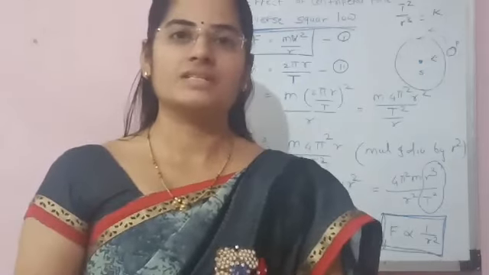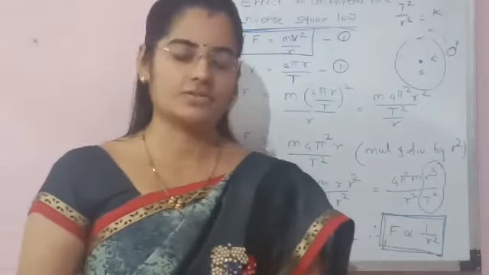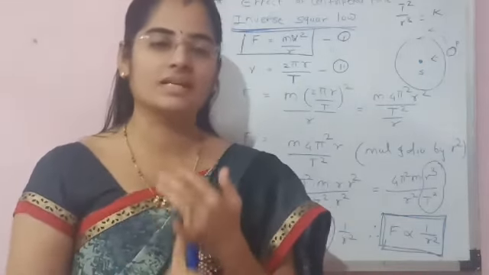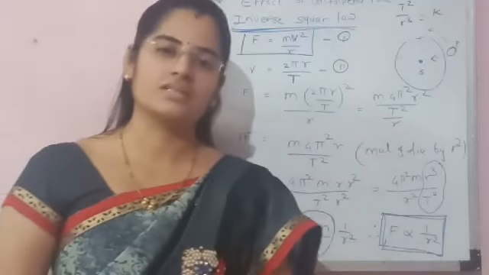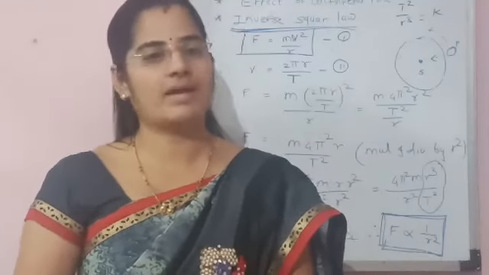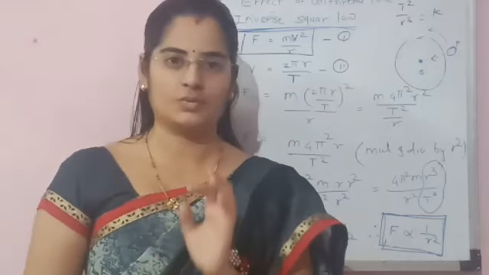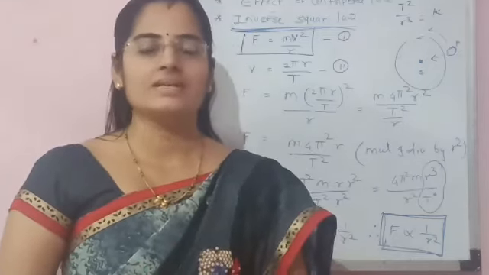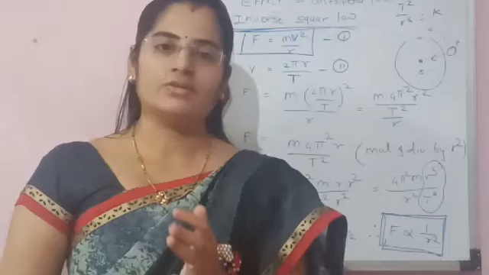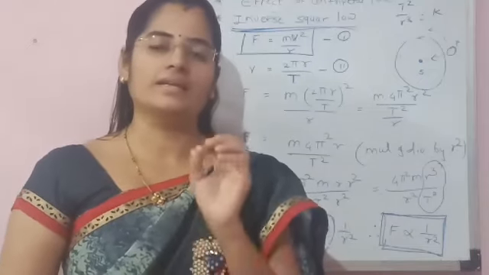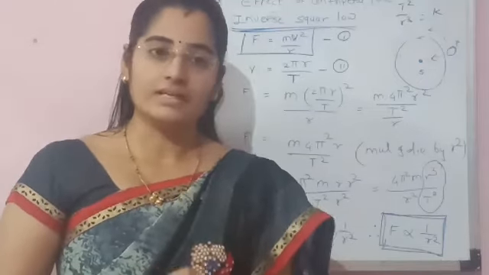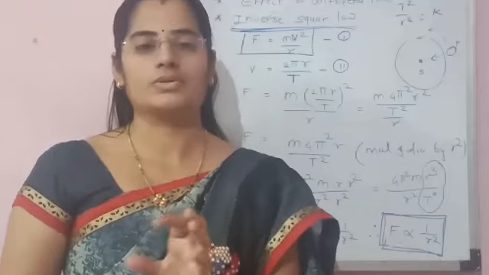In the previous lecture, we studied Kepler's three laws of planetary motion and Newton's universal law of gravitation. Let me repeat these three laws. First, the orbit of a planet is an ellipse with the sun at one of the focus points. Second, the line joining the planet to the sun sweeps equal areas in equal intervals of time. Third, T squared is directly proportional to r cubed.